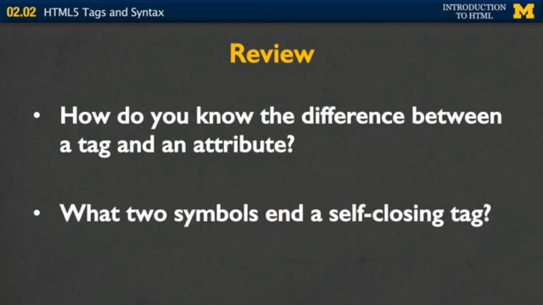So we've gone through a number of tags today, and you're going to learn more and more tags and probably use cheat sheets and go online to find a bunch of different tags you want to use. So the important thing that I want you to know is, how do you know the difference between a tag and an attribute? And the key is to look for those brackets. Also, you're going to want to make sure that you know which two symbols end a self-closing tag. All right? Don't forget, that's where you have the / in the closing bracket. These are the kind of things that can really mess up your code when you try to validate it later. And so being cognizant of these ideas in the beginning will really help you write much cleaner code.